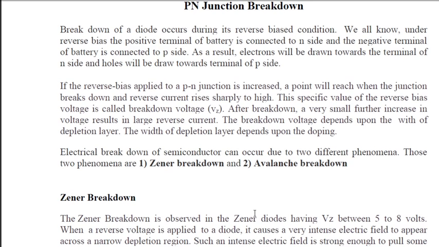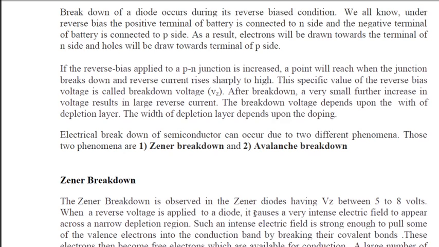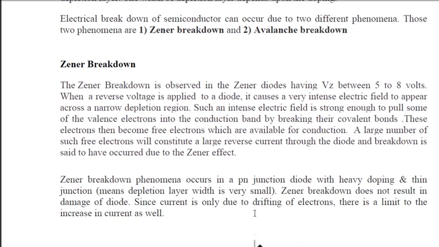At some particular voltage, diode breakdown occurs, which means at that point the current starts to increase. If we increase the voltage further, the current will shoot up very sharply. This point at which the reverse current increases very fast is called the breakdown voltage or breakdown region. Breakdown in a semiconductor is due to two phenomena called Zener breakdown and avalanche breakdown. First is Zener breakdown. Zener breakdown usually occurs in diodes with a voltage of up to 5 to 8 volts. If your voltage is between 5 and 8 volts, the breakdown is due to Zener breakdown.